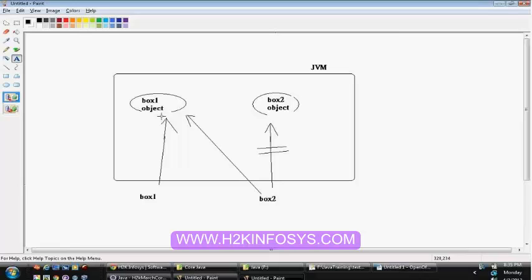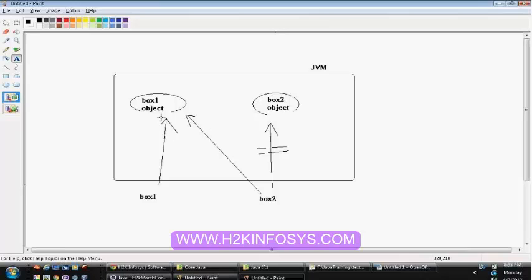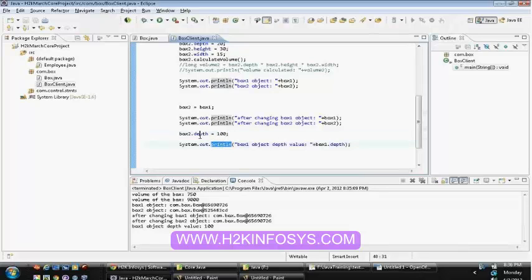There's a difference between normal primitive data types and object references. So when you make changes with respect to one object, it will affect the other box reference as well, because ultimately both are pointing to the same memory location. See, if you make the box1 reference as null,